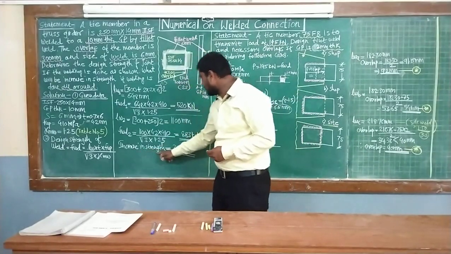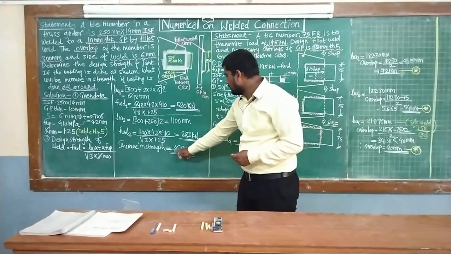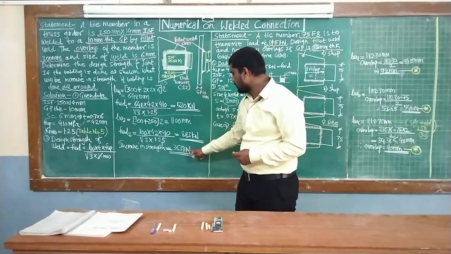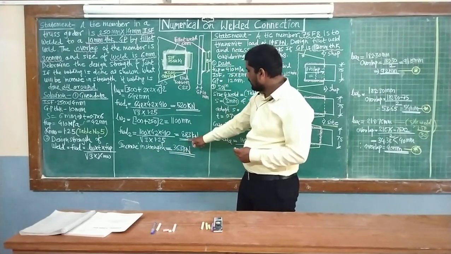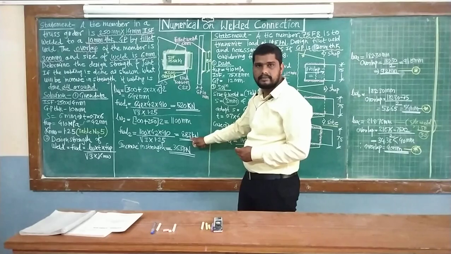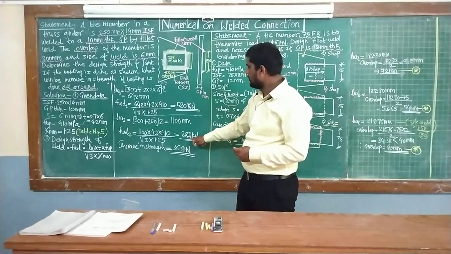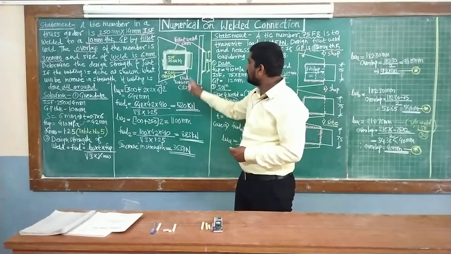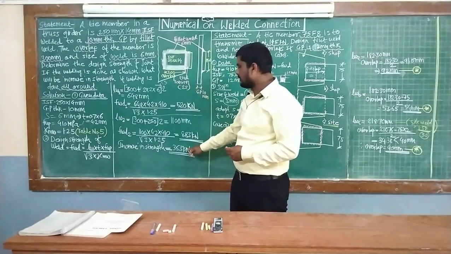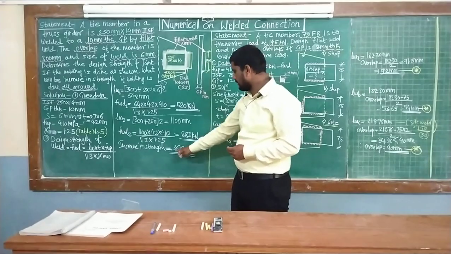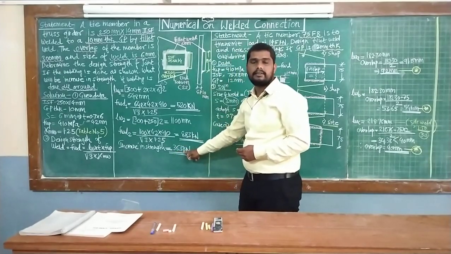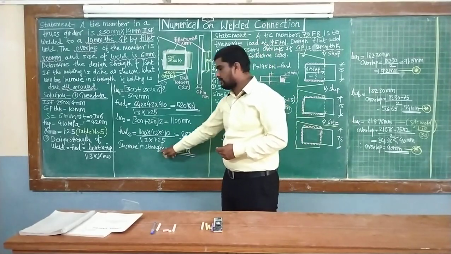Then the increasing strength: 326 kilonewton we got as the answer, means 883 from all 4 edges. We subtract the value of these both edges, so we will get the effective or net answer, that is 363 kilonewton is the increasing strength.